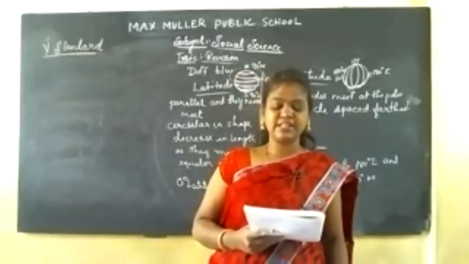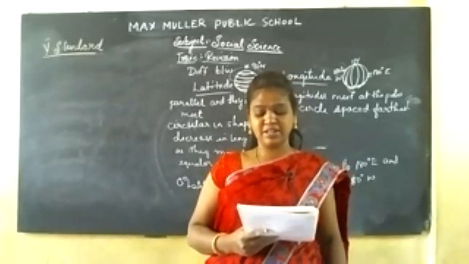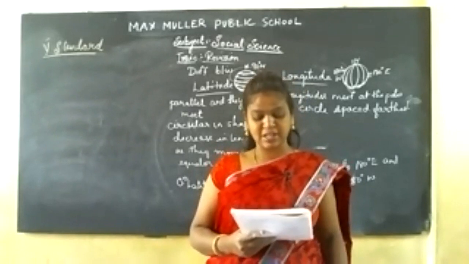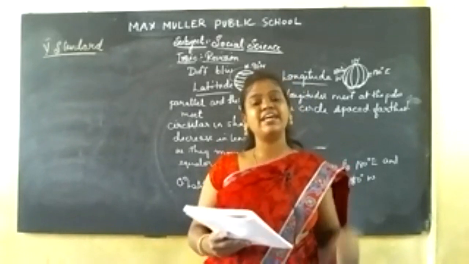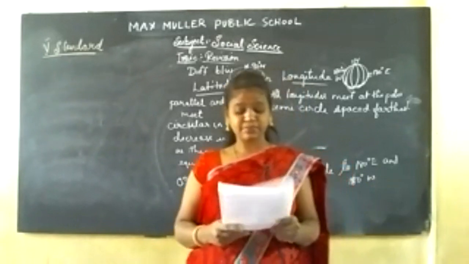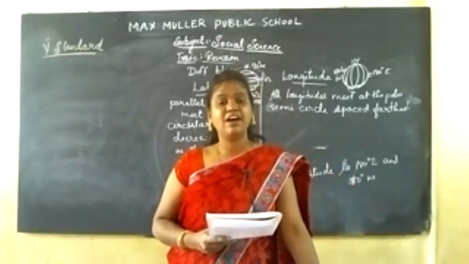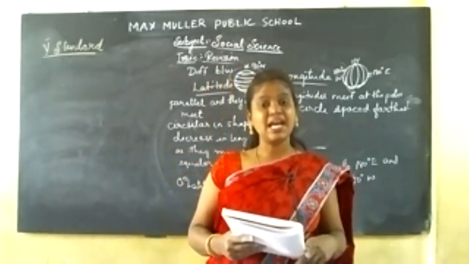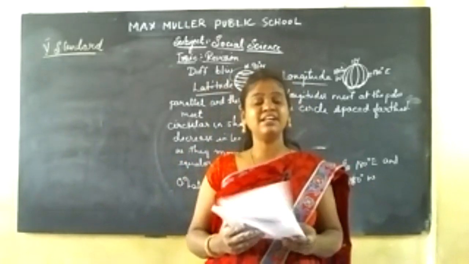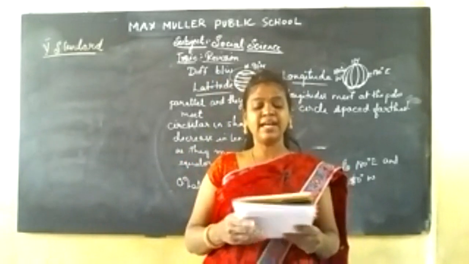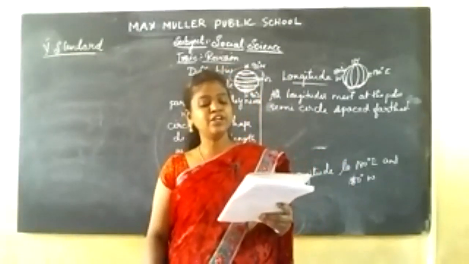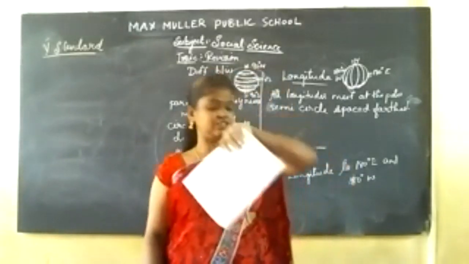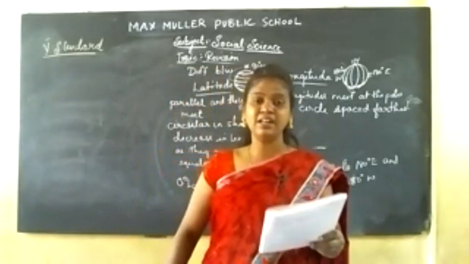Third question, what is the international dateline? The international dateline is an imaginary line that passes through the mid-Pacific Ocean, defining the boundary between one day and the next. Next question, what is a grid? How does it help us? A grid is a network of lines formed by latitudes and longitudes crossing each other. It helps us in locating places by viewing the point at which latitude and longitude meet. The last question, differentiate between latitudes and longitudes.